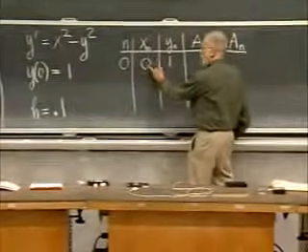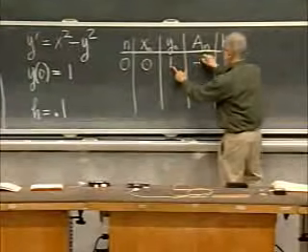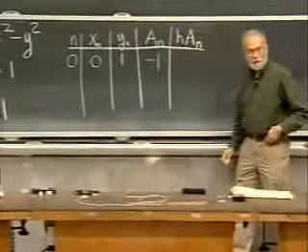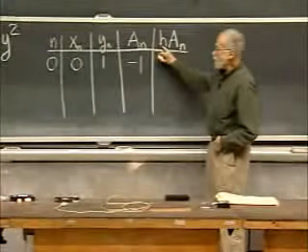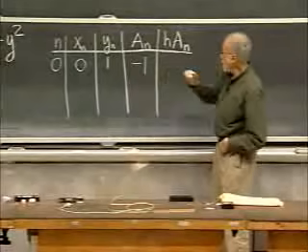So it's 0 squared minus 1 squared. The value of the slope there is minus 1, negative 1. Now I have to multiply that by h. H is 0.1, so it's